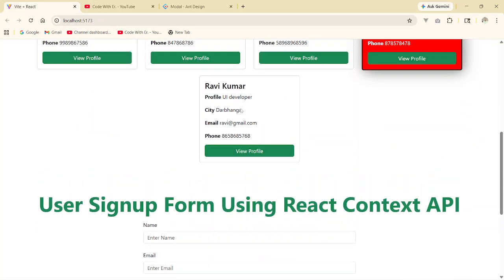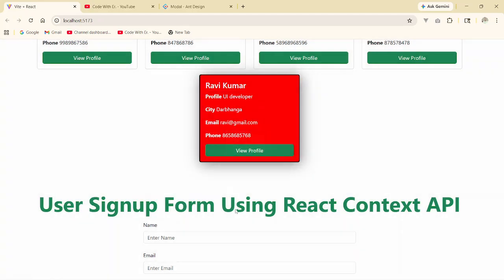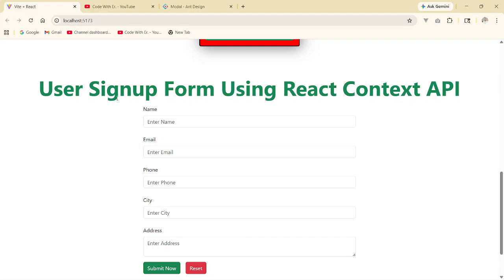Here is the last user profile, which is Ravi Kumar. He is a UI developer, city Darbhanga, email is this and phone number is this. Click the button view profile to see the entire profile in a nicely designed modal as well. Here is the user modal, Ravi Kumar, profile is UI developer, city is Darbhanga, email is this, phone number is this. Click OK. And guys, now we will be creating the user sign up form